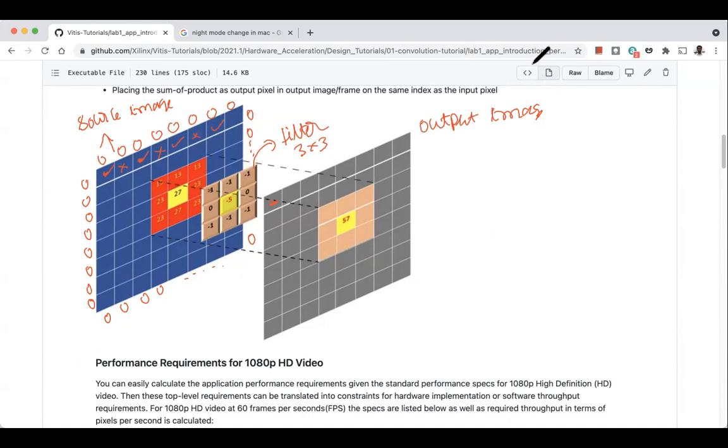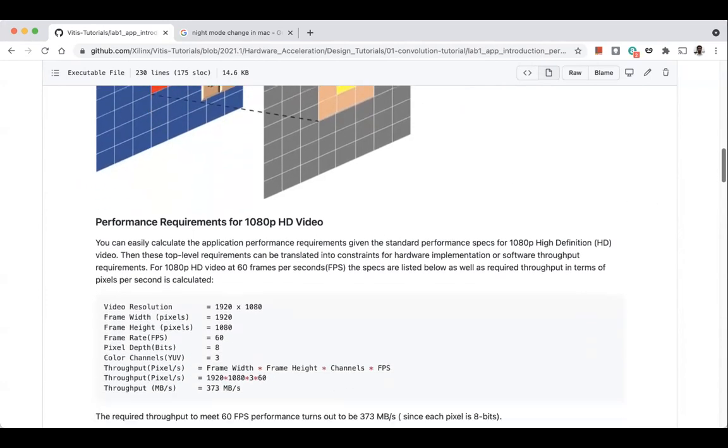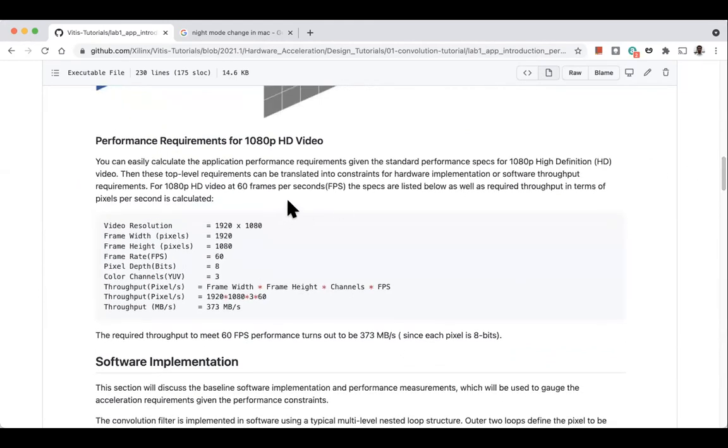All right. So this is the problem. And the performance requirement: let's say we are applying this filter, there is a video that is getting streamed, and it's an HD video with this particular resolution, 1080p standard.